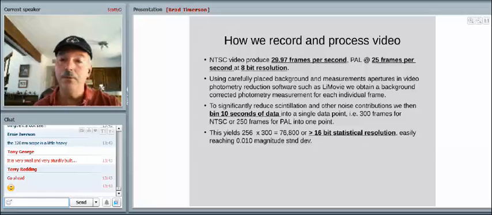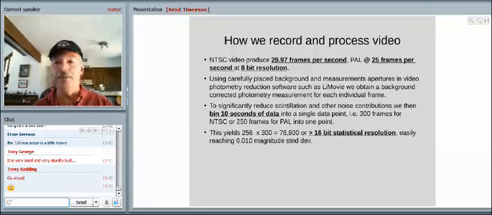So how we do that has been an evolving process, with a number of steps. For NTSC video, we get about 30 frames a second. For PAL, we get 25 frames a second with approximately 8-bit data resolution coming out. We then bin 10 full seconds minimum of data into one single data point. This statistically eliminates scintillation noise, as well as camera thermal noise, and a number of things are beaten down to insignificant numbers, which allows us to reach the